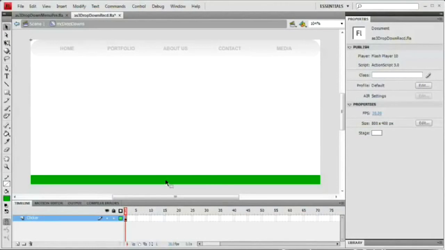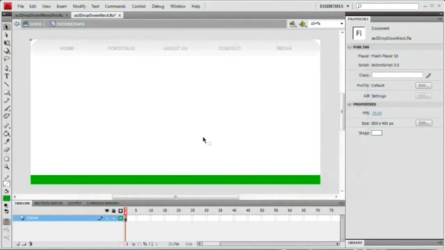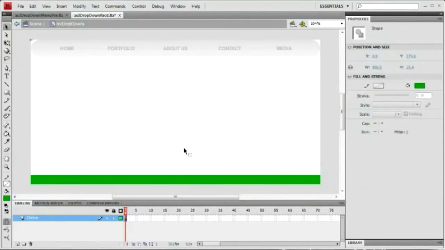But the problem we're going to run into here is this clicker, and you can see, I'm going to hit Control Enter, Command Return. It shows up across the bottom. That's a big problem, and if this is our final finished product, drop down menu, whatever, we can't have that showing up. So one of two things we can do is just get rid of it before we finally publish the movie,